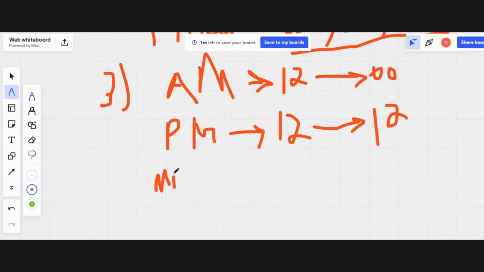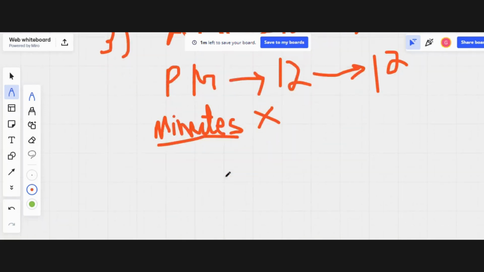We didn't process the minutes. The minutes don't change in the 12-hour format, so we don't need to do anything particular to the minutes. So once we know that we don't need to make any change to the minutes, that means once the hours are done, we now need to put a form return or print,